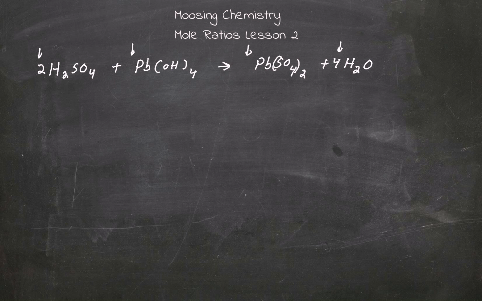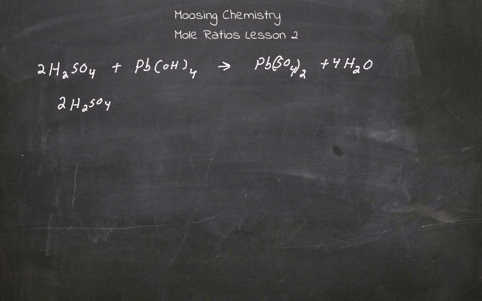So what is a ratio? A ratio is a comparison of one thing to another. Alright, so mole ratios are actually pretty easy. So I'm going to give you all the mole ratios that we have of this particular chemical equation. So you can start off with